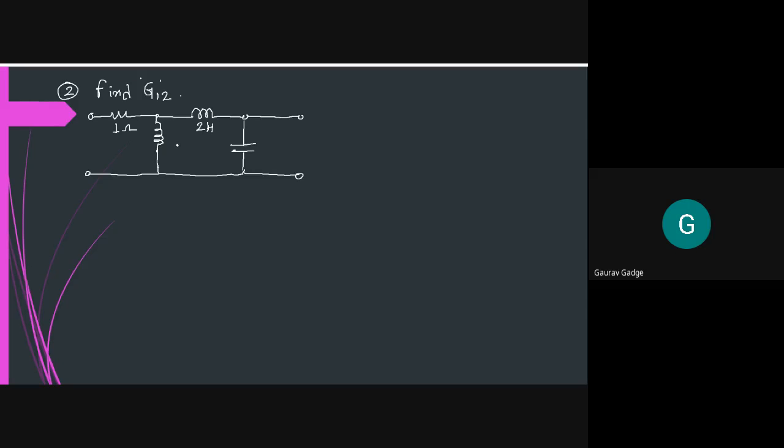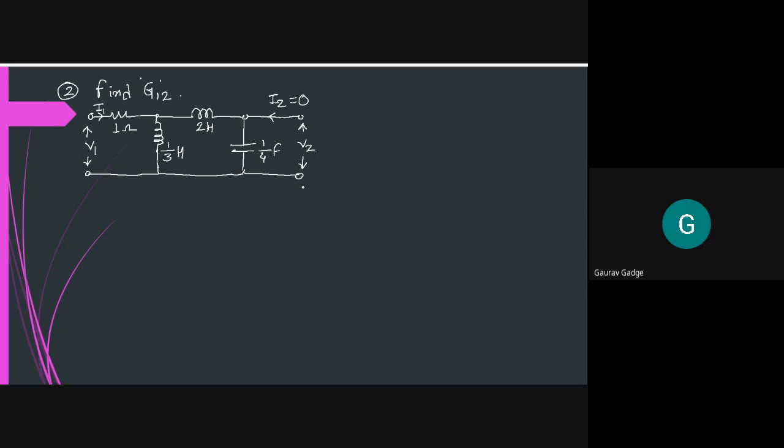Value of inductor is 1/3 Henry. Value of capacitor is 1/4 Farad. Then on the input side, V1 with current I1, output port V2 and current I2 is equal to 0. So this is the numerical which is given, and you have to find out the value of